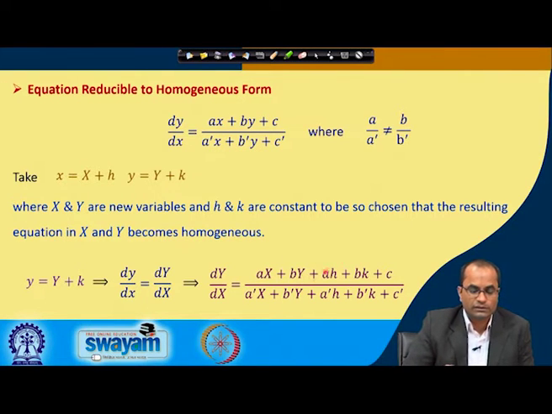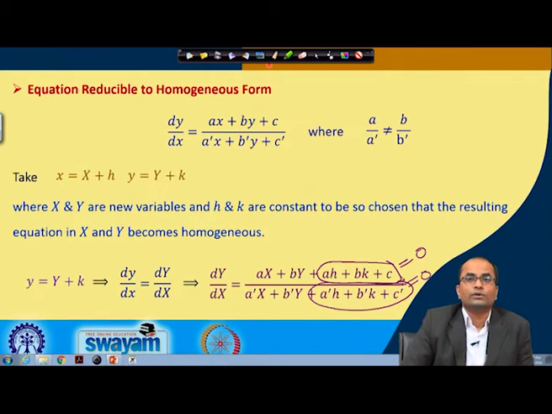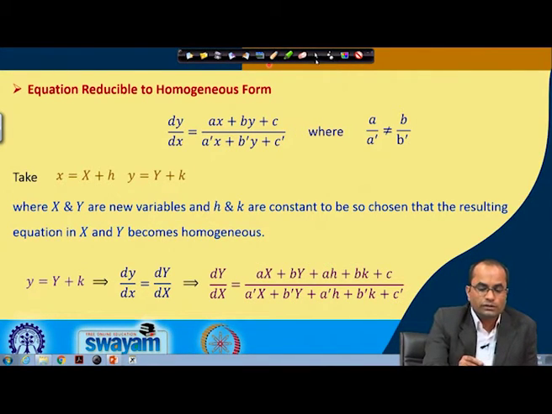So, the new expression here will be again in terms of X and Y, but then we have also a h plus b k plus c, and here a prime h plus b prime k plus c prime. And now, the idea is that because h and k we need to choose, we will choose them so that this becomes 0 and this also becomes 0. So, once h and k are chosen so that these two expressions vanish, our equation will become a homogeneous equation, and that is the aim here. So, by setting these two terms equal to 0,